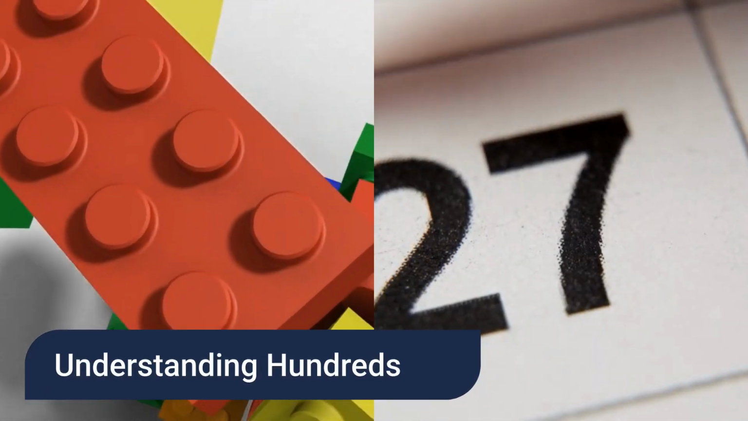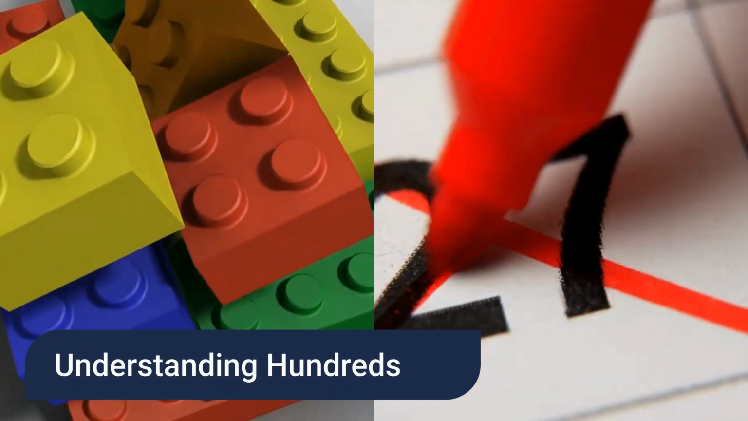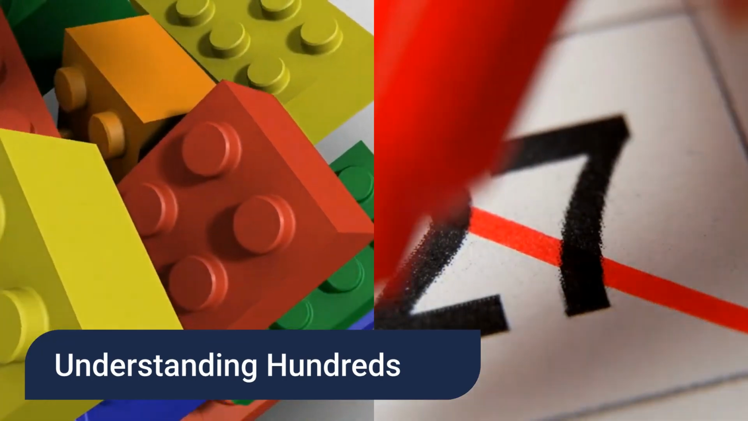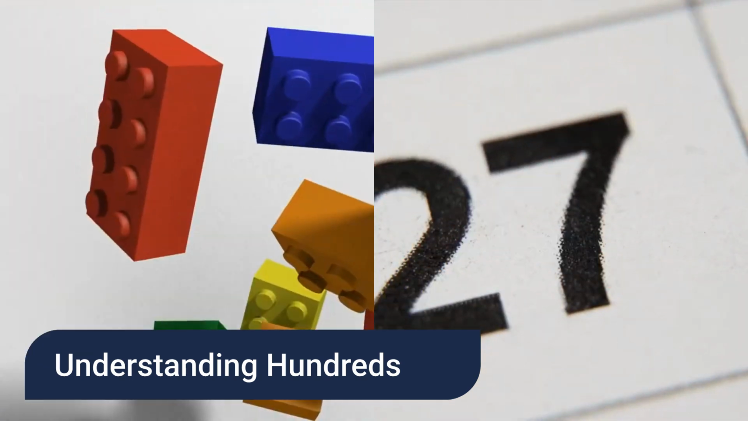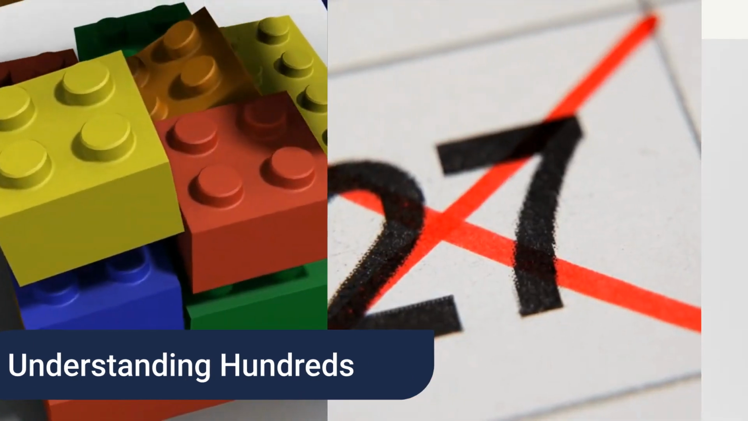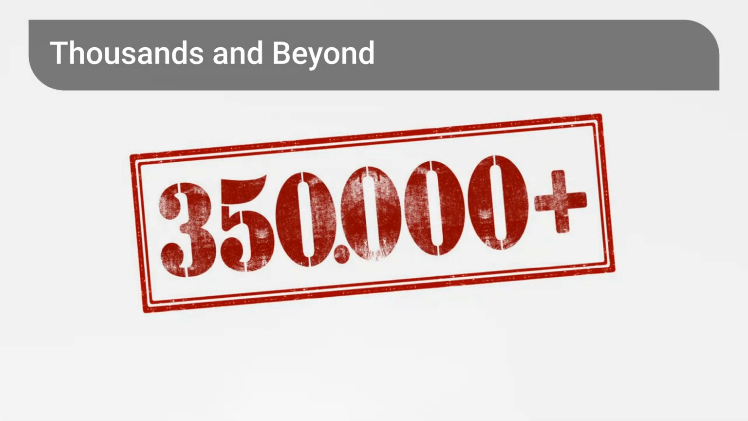Moving on to the hundreds place, this digit represents groups of 100. In the number 347, the 3 is in the hundreds place, meaning 3 groups of 100 or 300. The 4 means 40, and the 7 means 7. Once you understand units, tens, and hundreds, you can easily extend this concept to larger numbers like thousands, 10,000s, 100,000s,